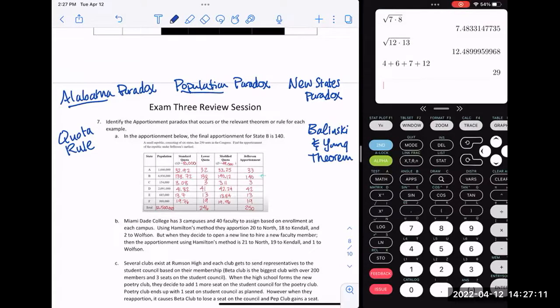The population paradox has to do with population. It says that if you have a state whose population is increasing faster than another state's population, then they should get any additional seats, not the other state. So if a state got a seat, but their population wasn't growing as fast, that would be a violation. That would be the population paradox. And then the new states paradox is what happens when you add a new state. If you add a new state,